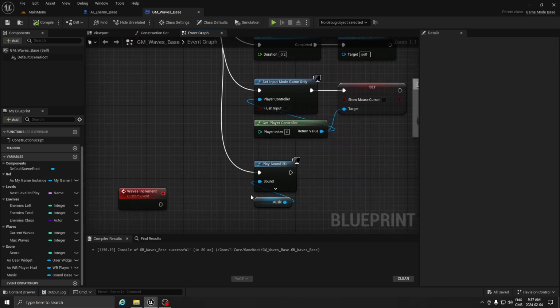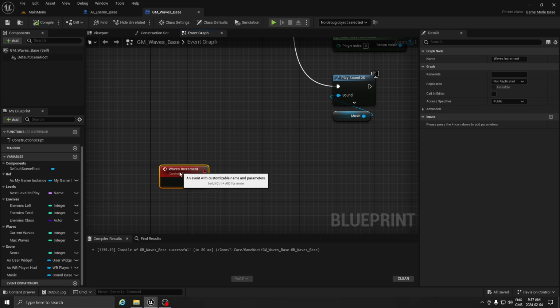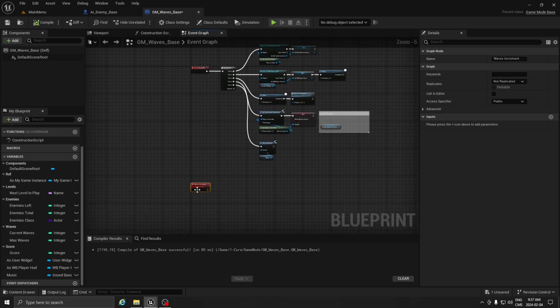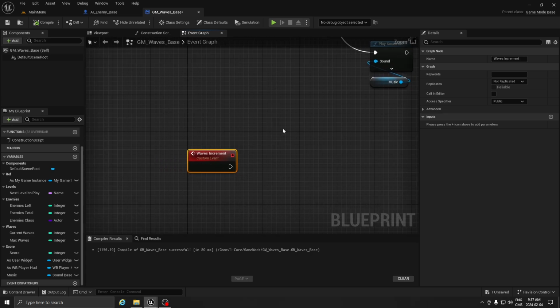So that's why I do it that way. Okay. So we're going to go a little bit down here, and now we have our wave increment. So we're going to start with this here that we just created not long ago. Here we're going to start to make the logic for what we need. Okay. So just to have an idea what we're going to do here,